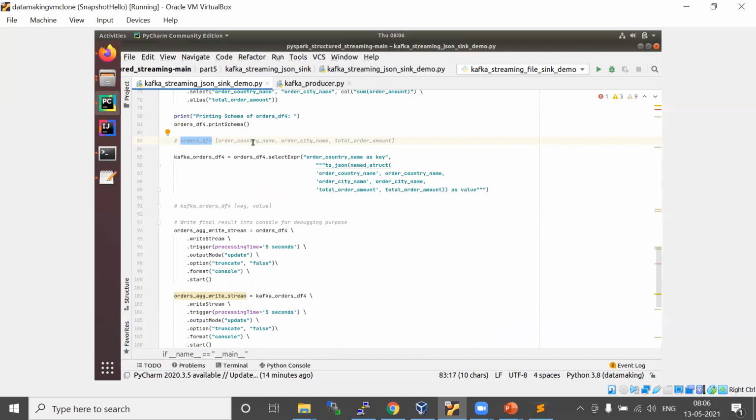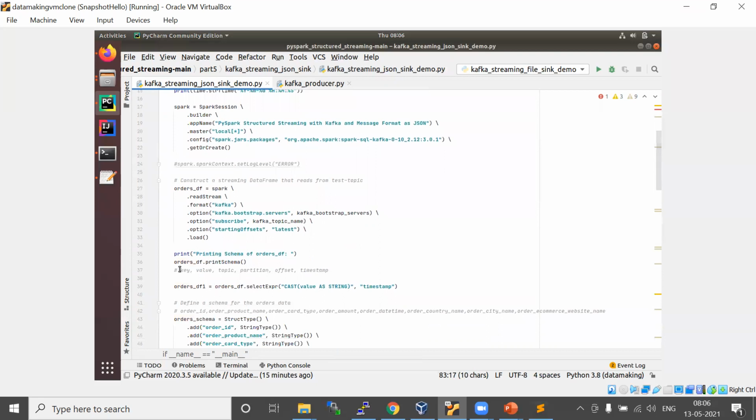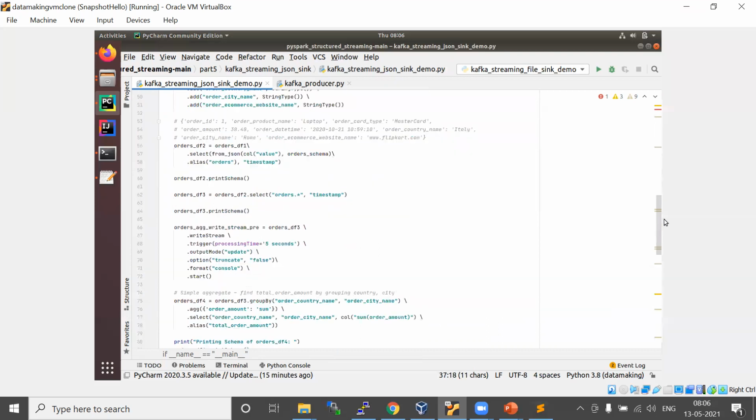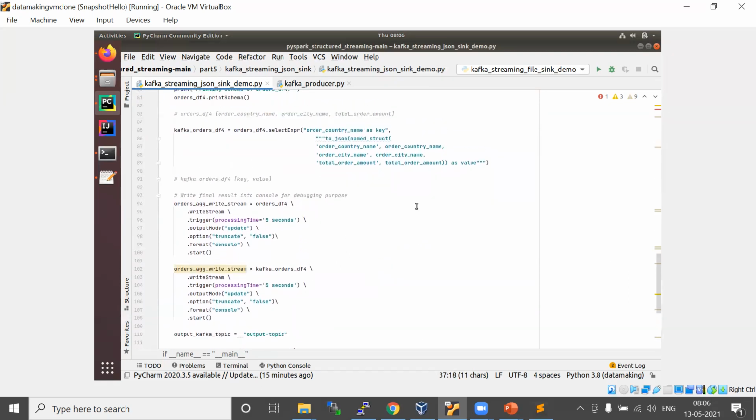Your final data frame should have key and value columns, because when you consume from a Kafka topic, you get the same key and value with additional columns. Similarly, when you write into the Kafka sink, your final data frame should have a column as key and value.